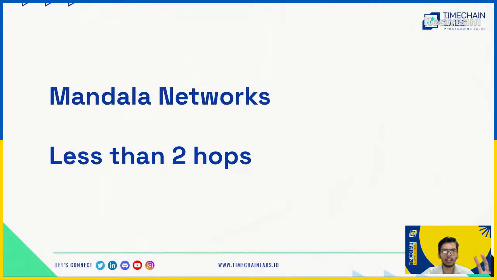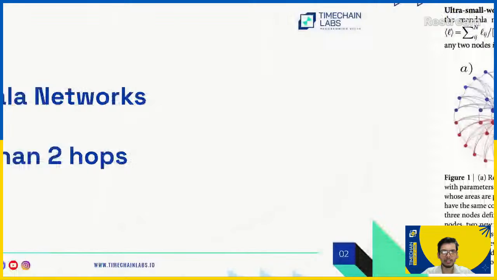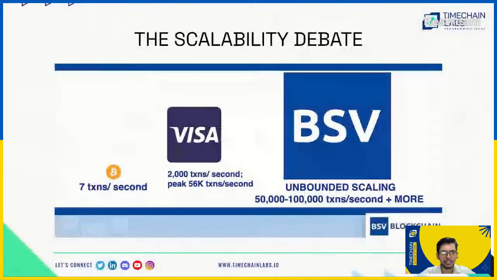That makes it a very fast network where you can have high transaction confirmation speeds as well, because maximum hash power has already accepted the transaction and you don't need to wait, and it scales because there are no scalability constraints on the block size, and there are no restrictions that you need to have on the transaction size or the transaction capabilities. So that's what creates a scalable system. So the scalability debate started with Bitcoin having 7 transactions per second. Ethereum today has about 14 transactions per second, even with the proof of stake consensus mechanism change.